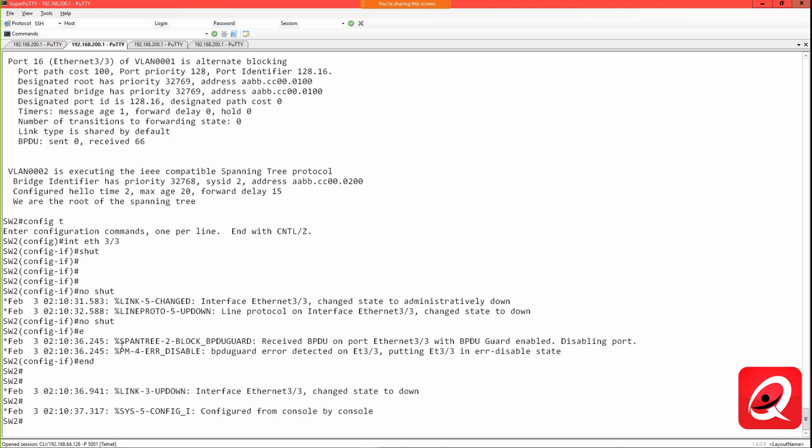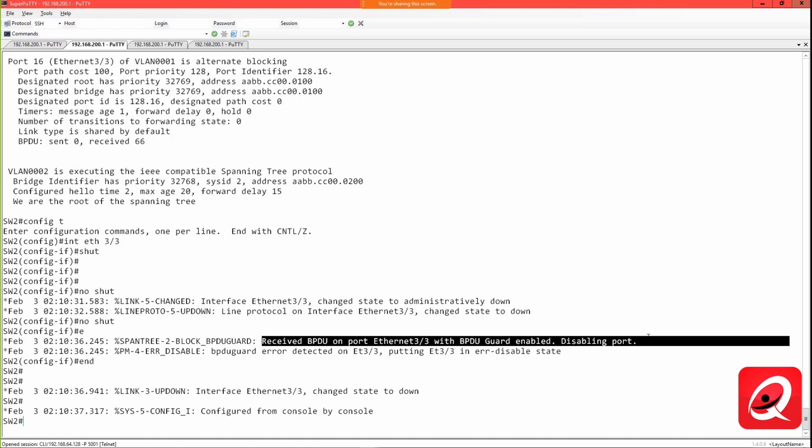So it says here, Spanning Tree 2, that's a syslog informational message. Well, it's not informational, it's actually an error message. We received a BPDU on port 3/3 with BPDU Guard enabled. I'm going to go ahead and disable the port. And the port moves into an error disabled state because we have that BPDU Guard feature turned on in that